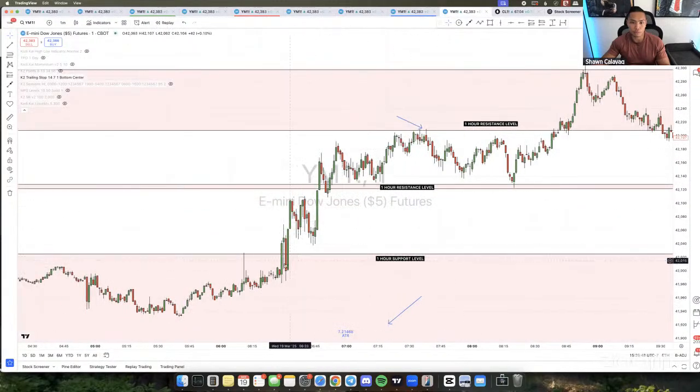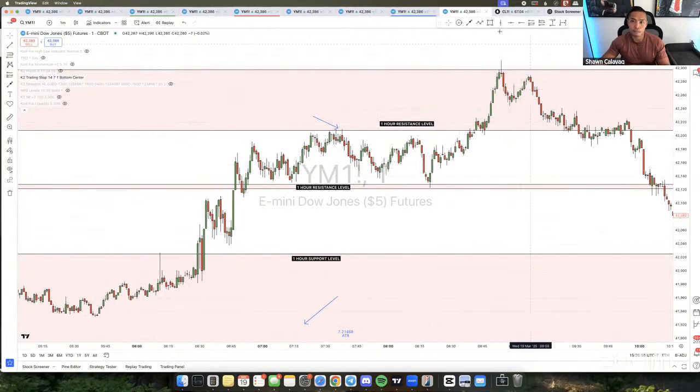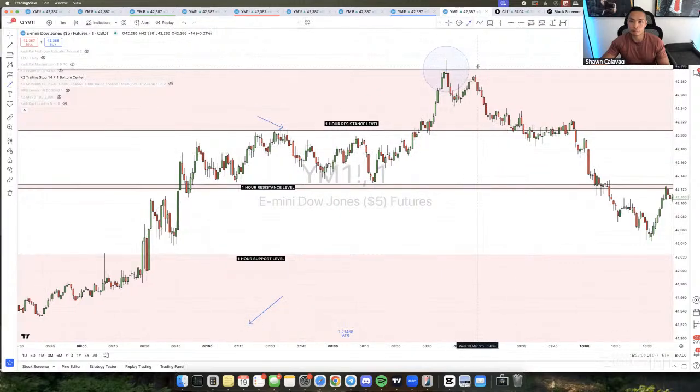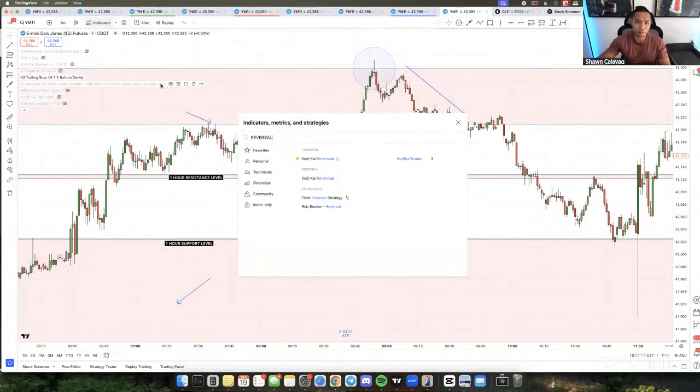This morning I drew up these levels here. See how price went from the support to the resistance, pushed up a little bit, turned into support. And then now we have the upper resistance right here. See how price respects these levels? Price came up to this resistance, came down. Again, I'm using this as a confluence. So when I see that bounce there, if I see any entries for a sell, I'm going to be looking to take entries at that point, right? I don't have the reversals on here.